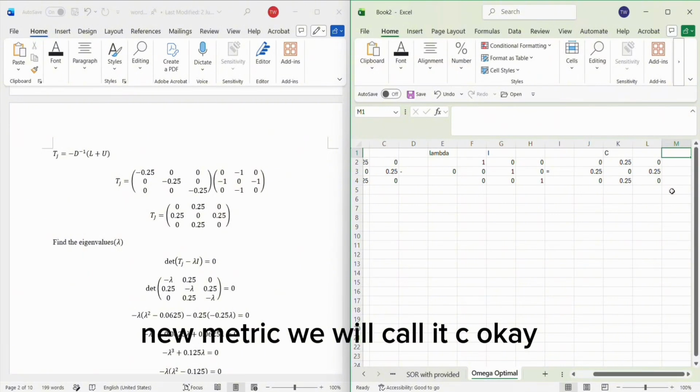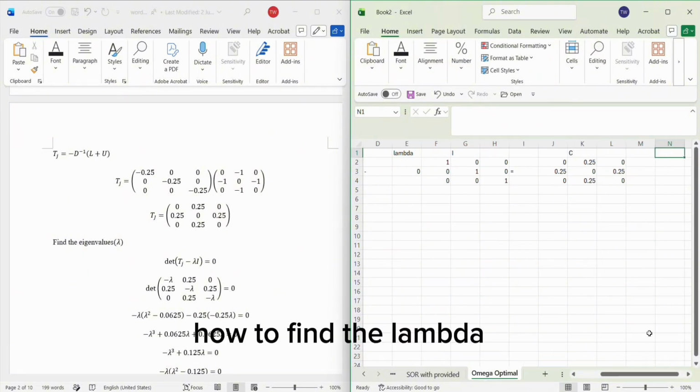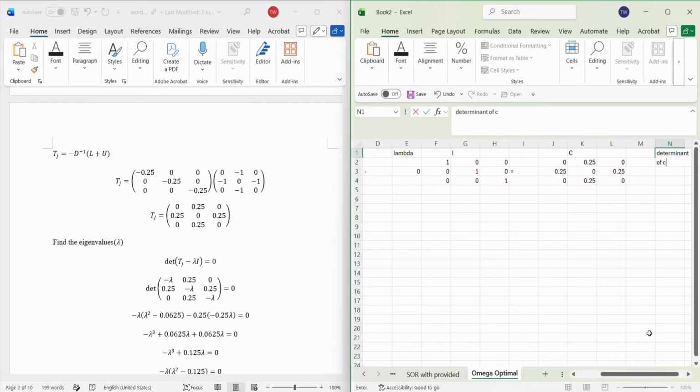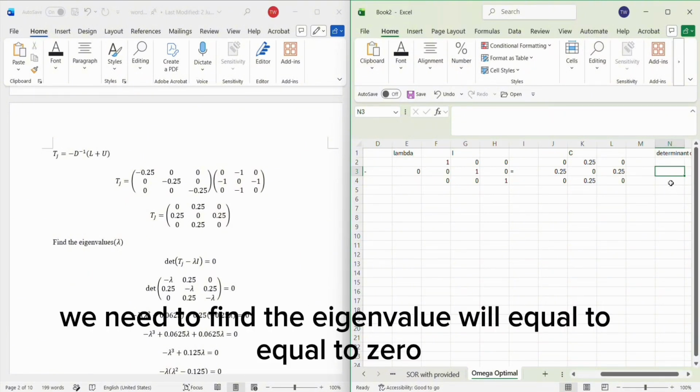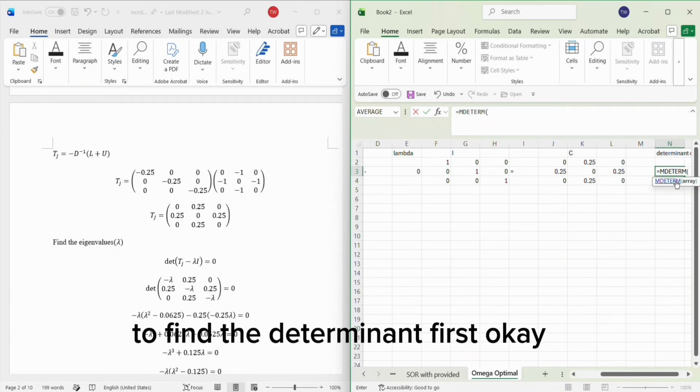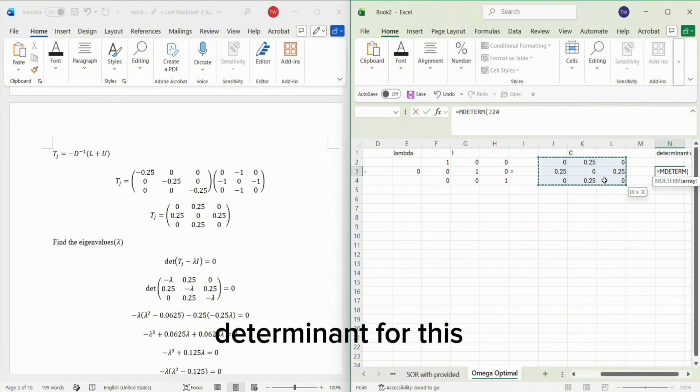We will call it C. Okay, how to find the lambda? We are going to find the determinant of matrix C. We need the eigenvalue where the determinant equals 0, so we find the determinant first. Okay, determinant for this